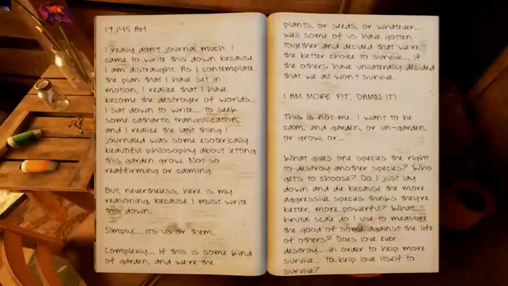Simply, it's us or them. Complexity. If this is some kind of garden, and we're the plants or seeds or whatever, well, some of us have gotten together and decided that we're the better choice to survive. If the others have unilaterally decided that we all won't survive, I am more fit, damn it. This is not me. I want to be calm and garden, or ungarden, or grow, or...